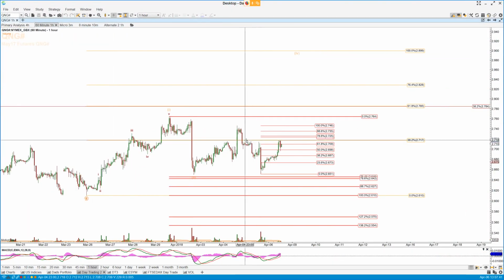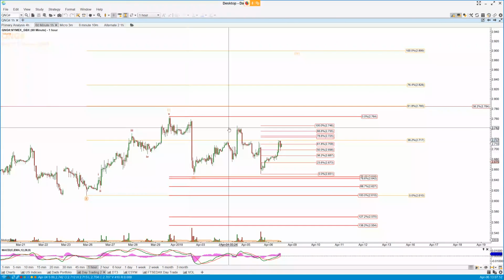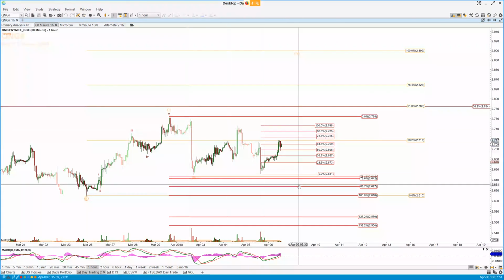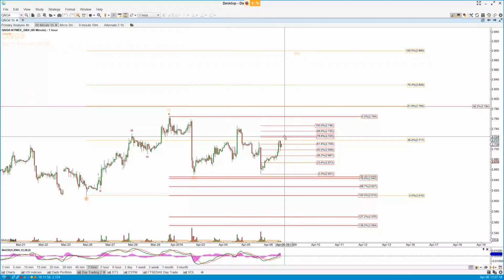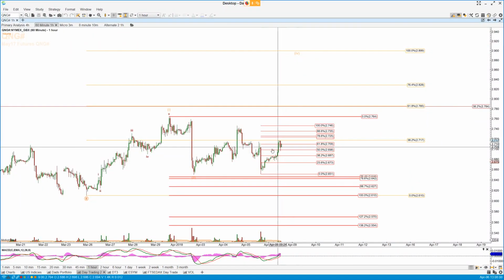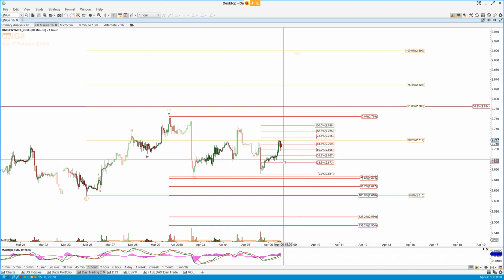So we got out of this here the other day in terms of UGAS, which proved to be a reasonably sensible thing to do. It certainly felt like it yesterday. The question now is what's going on here. We've got an A, B, C. So we've got to clear 2725, 2735 region. But even then, we will get another pullback against this move up, and that would get me into UGAS, probably